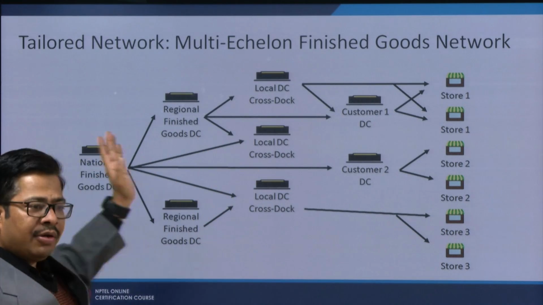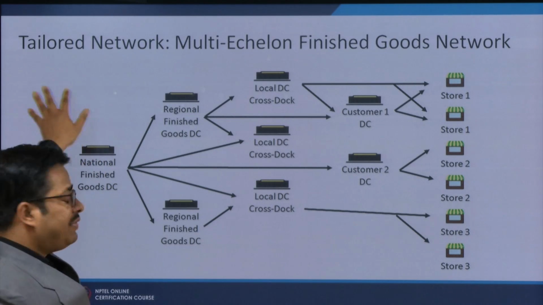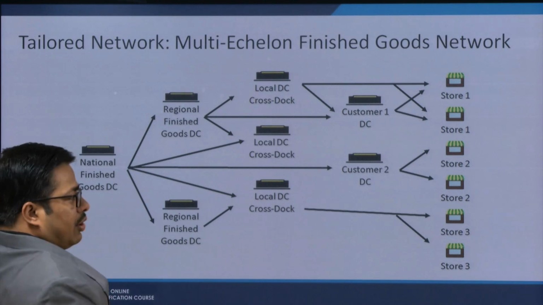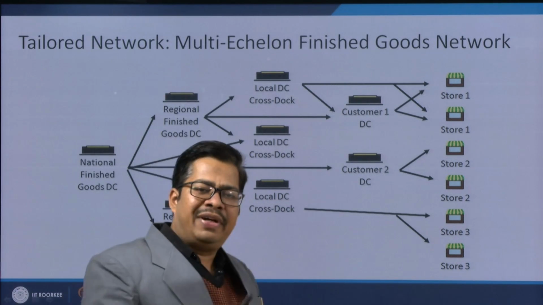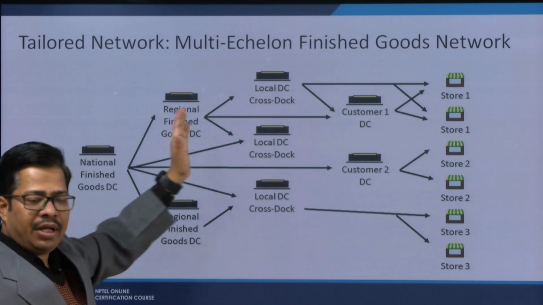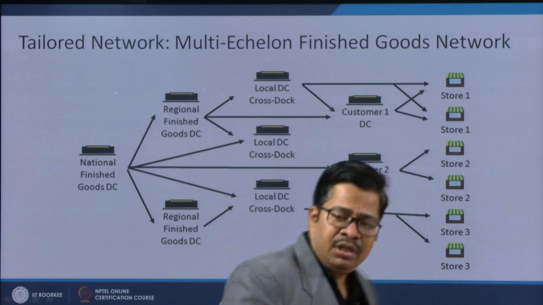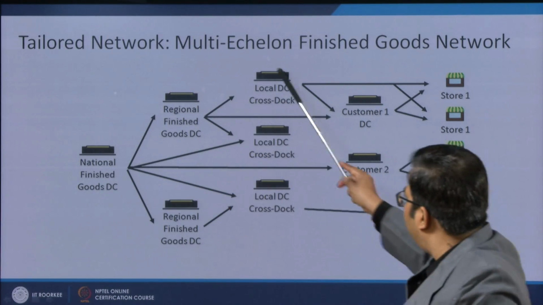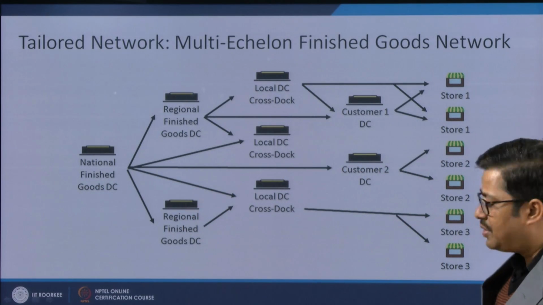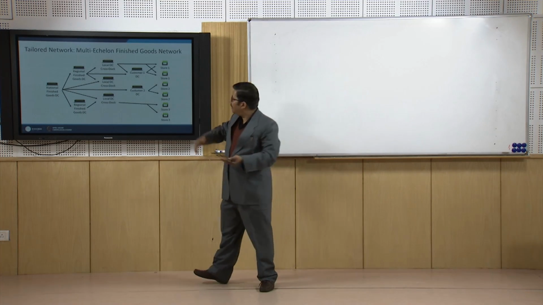Before that, whatever we have discussed, before this national finished goods distribution center, you have the factory where you have a warehouse within the plant, and before that, on the left side, you have various vendor distribution centers. So that system is already there, but on this finished goods side, the right hand side of the supply chain, we have now developed a multi-echelon system by these 3 stages which we have included in the distribution system of the products. The very point is, why should we have a multi-echelon